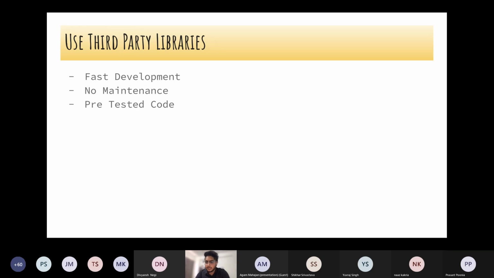All of these are pre-tested code, and there will be regular releases of the third-party libraries. Let's say I have to do caching of an image. I know the logic and can do my own, but there are a lot of better image caching libraries already present in open source.